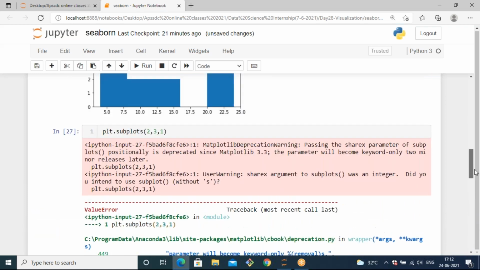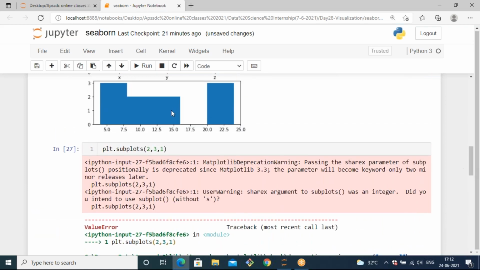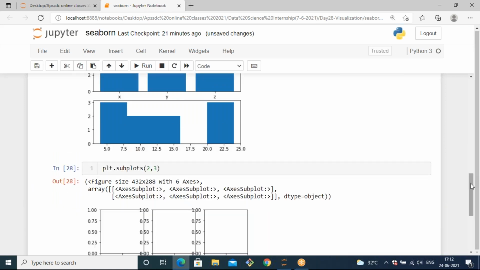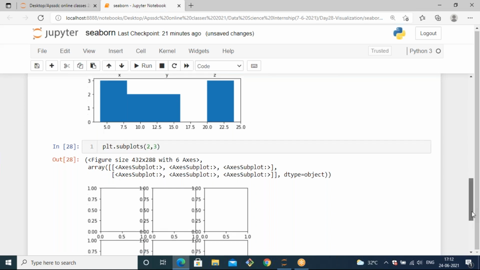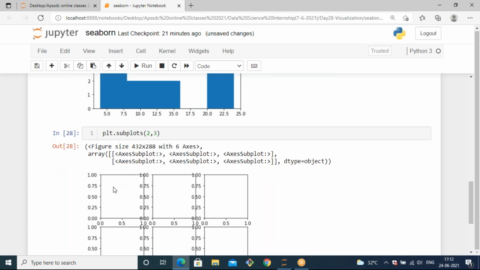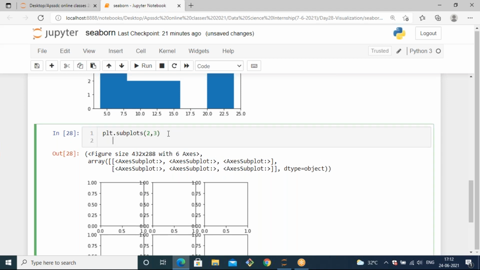Yeah, when you use subplots, you need to specify either the number of rows and number of columns only. We are not passing a third parameter. So like this, you can generate subplots, and if you want to generate plots with respect to position, you can specify it before plotting. Let's see how to apply it.